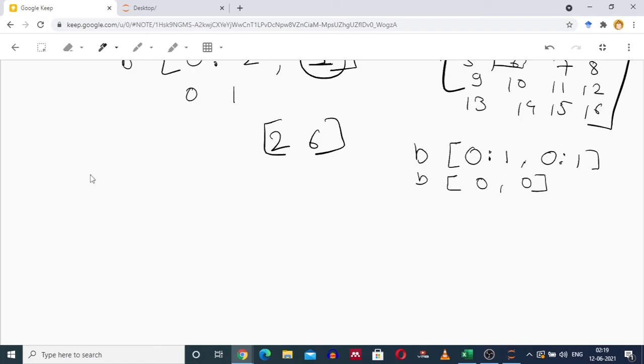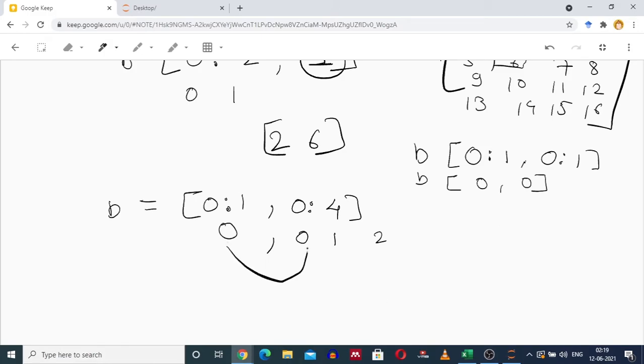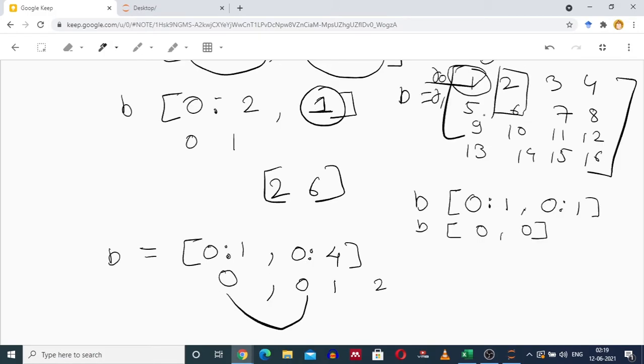This can be done as B, we have to select the 0th row, therefore 0 colon 1, comma, we have to select 3 columns. So this can be done as 0 colon 4. This will result in the 0th row, and columns 0, 1, 2. So for 0, 0, you have element 1.